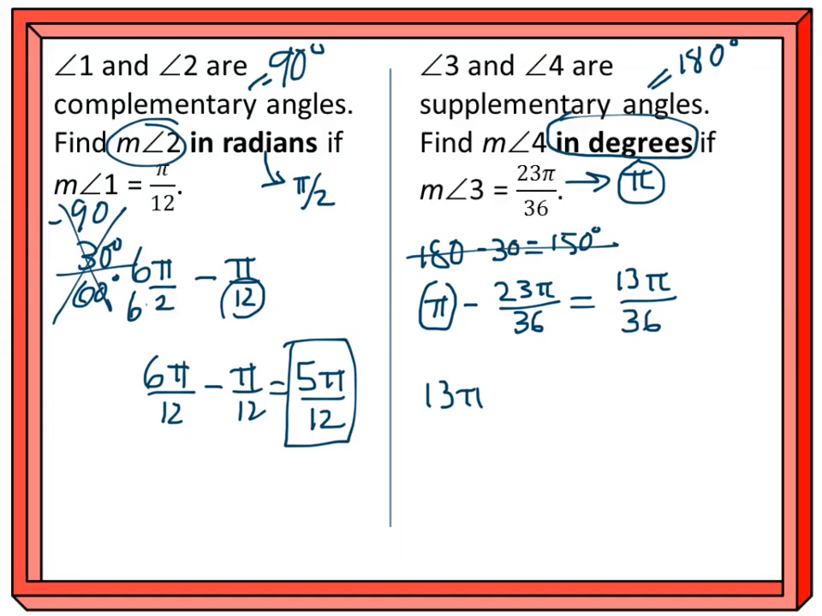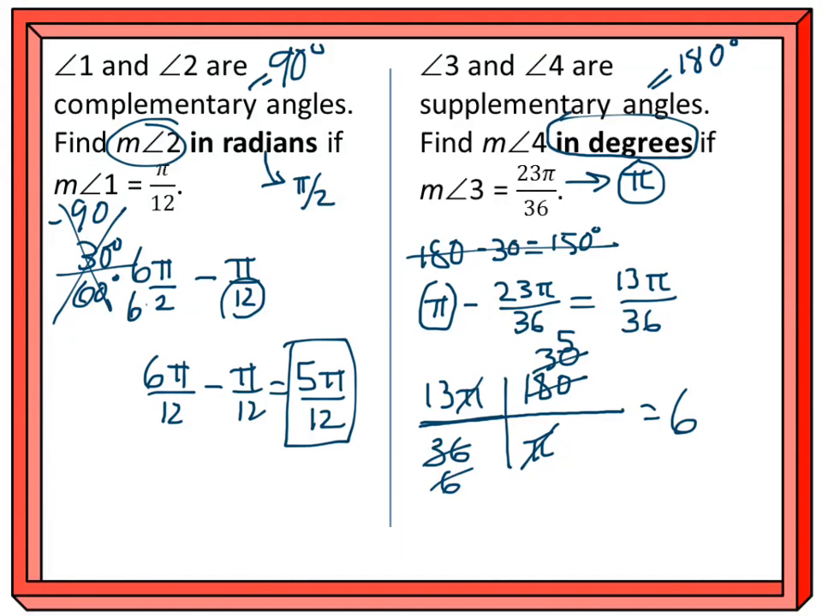So 13 pi over 36, and when I convert radians into degrees, I'm just going to use my division bar, my fraction bar, as part of the train tracks. I need pi to disappear, so pi is going to go on the bottom, and 180 will go up top. So my pi's cancel. Alright, 36 and 180 I know share a common factor of 6. So if I divide that by 6, divide this by 6, I get 30. 6 goes into 30 again 5 times. So I just need to do 5 times 13. That's 65 degrees. So there's the measure of angle